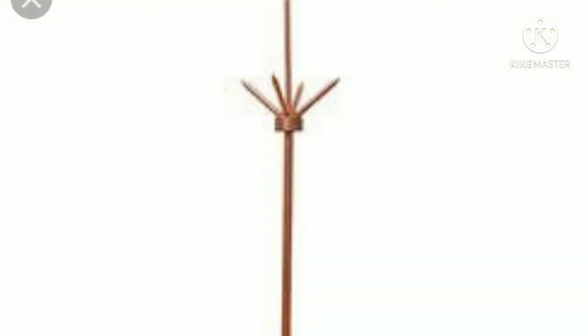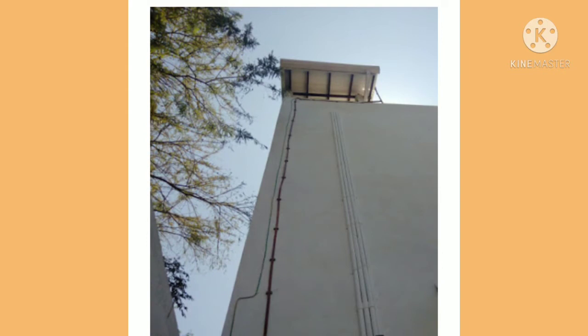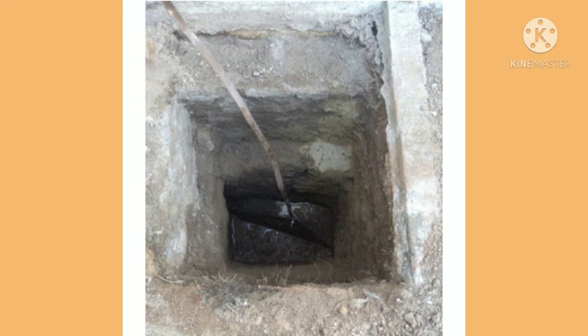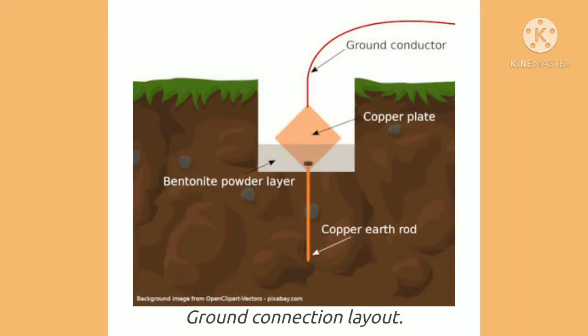A lightning conductor consists of a metallic lightning rod in the form of spikes that remains in the air at the top of the building. The portion of the metallic rod is connected by a cable, that is copper wire, which is installed in the wall during the construction of the building itself. The other end of the copper rod is placed deep inside the soil, and that is also made up of copper.